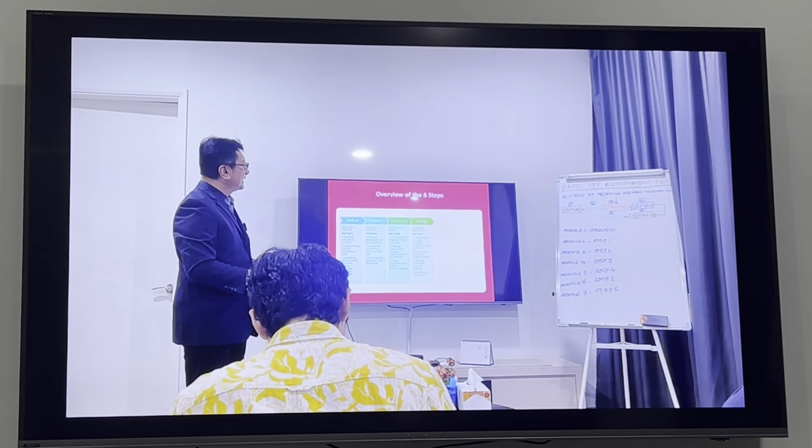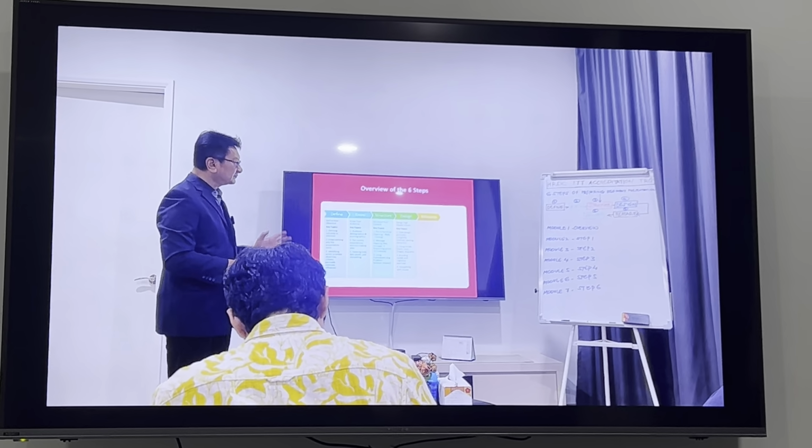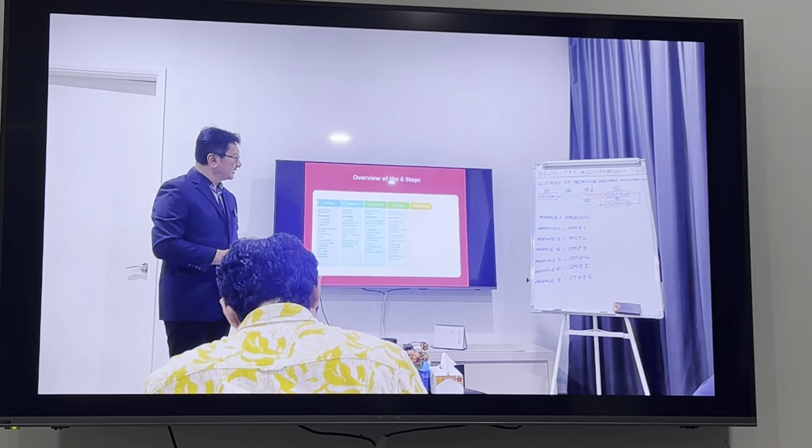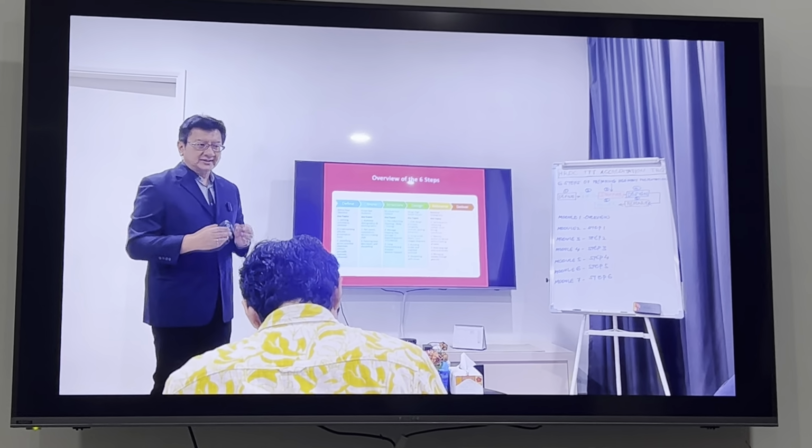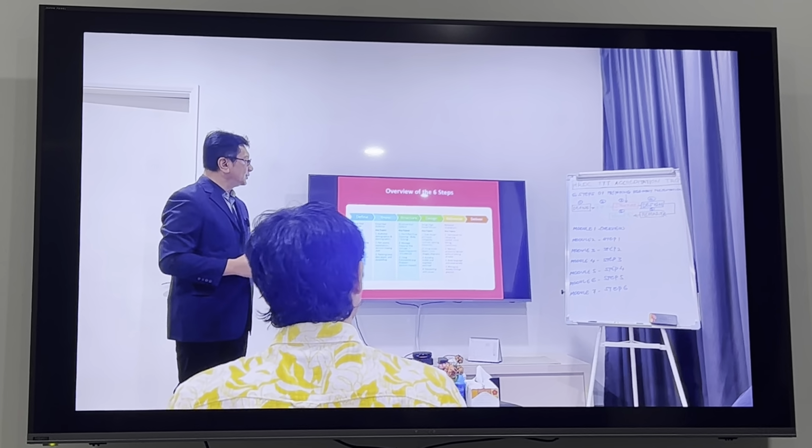And then we do the rehearsing. Rehearse, in this case, how do we rehearse strategically? How do we do the technique